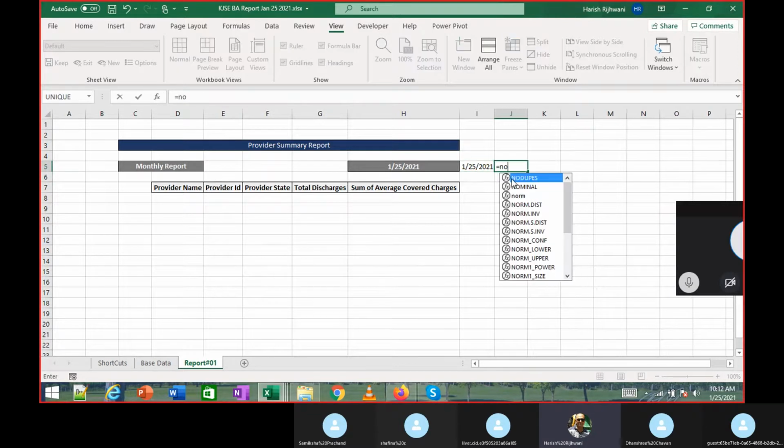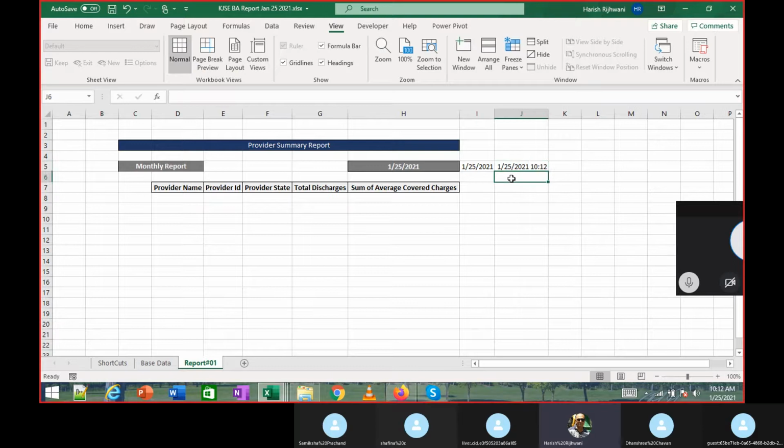The other way is to use a function called NOW. This gives me the date as well as time. But as of now, I want only the date. I don't want the time. If I use this, after a minute the time will also change, since this is a function. So here we are going to use TODAY.